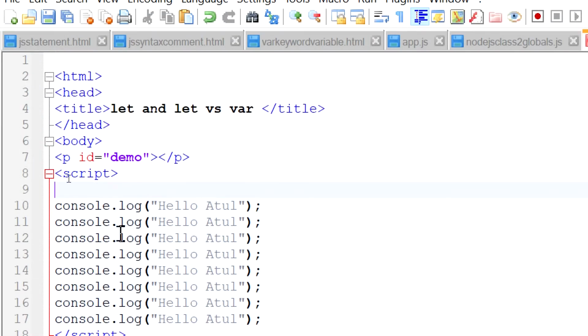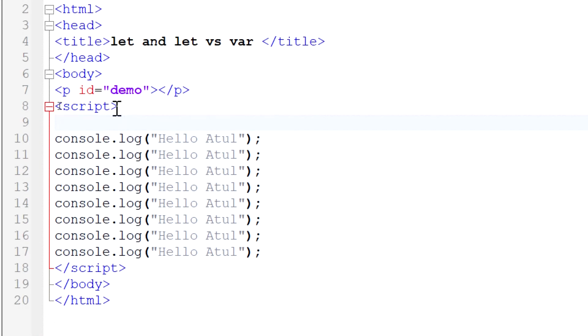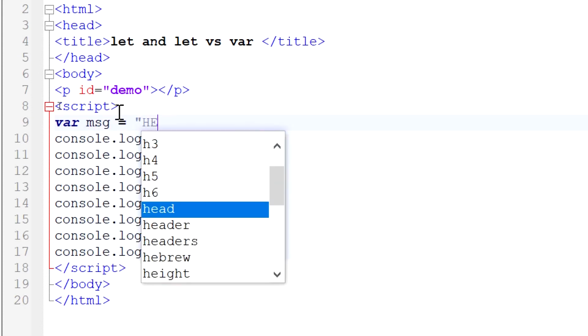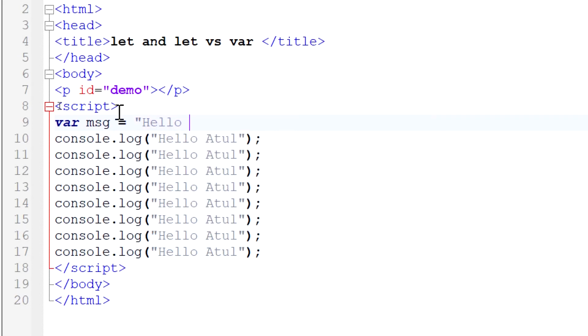I am creating a variable using the var keyword, which we have already discussed. So var msg equal to hello Atul, I have stored it inside the msg variable. Now I will copy that variable name, because inside that variable the hello Atul value is stored. Here I am removing all the hard-coded strings and passing the variable name.